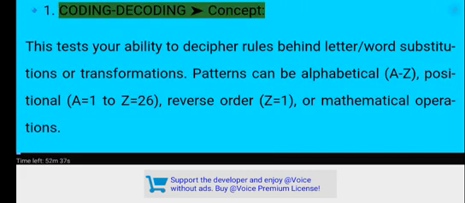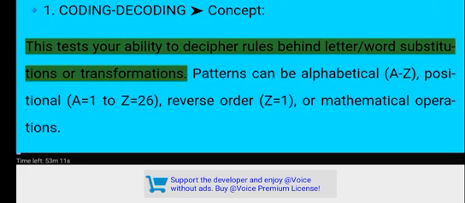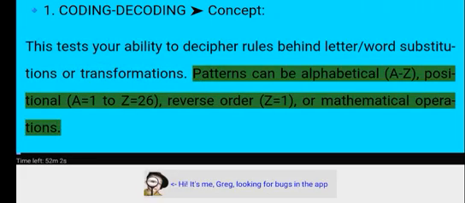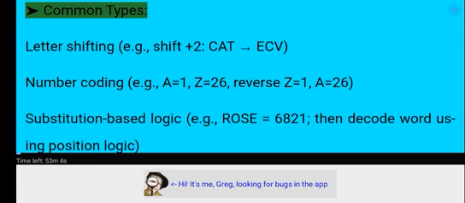Point 1: Coding-decoding concept. This tests your ability to decipher the rules behind letter or word substitutions or transformations. Patterns can be alphabetical, A to Z, positional, A equals 1 to Z equals 26, reverse order, Z equals 1, or mathematical operations. Common types: